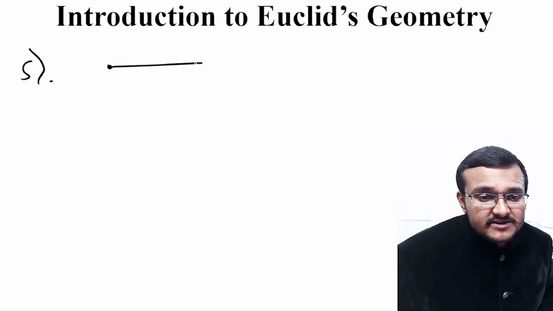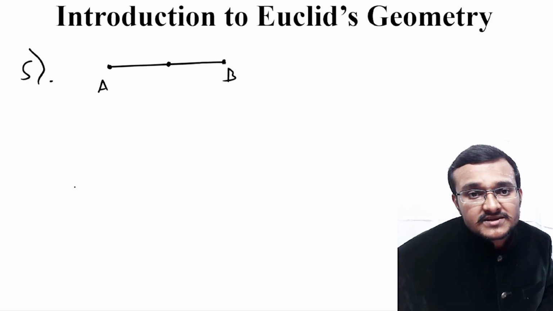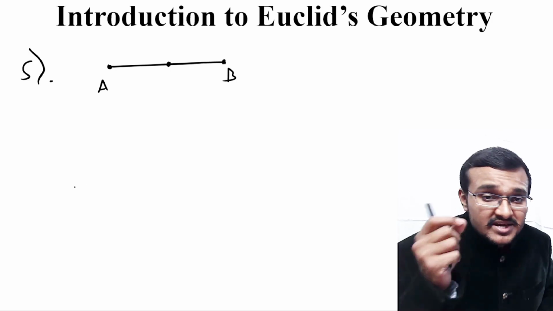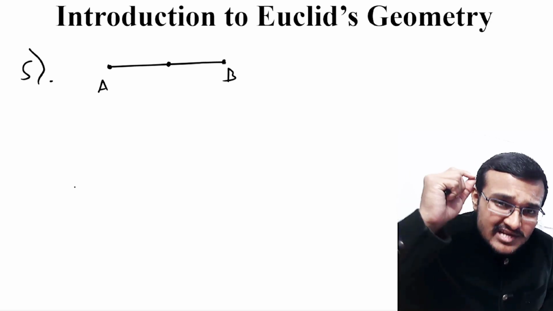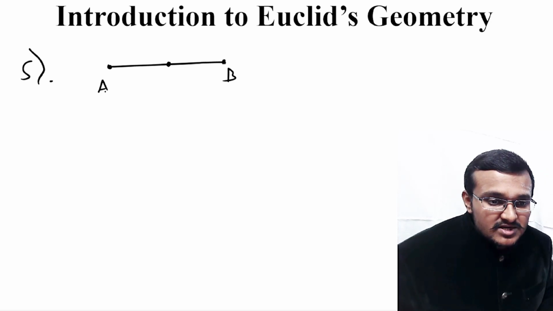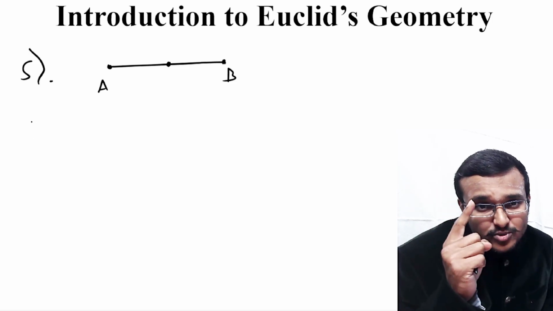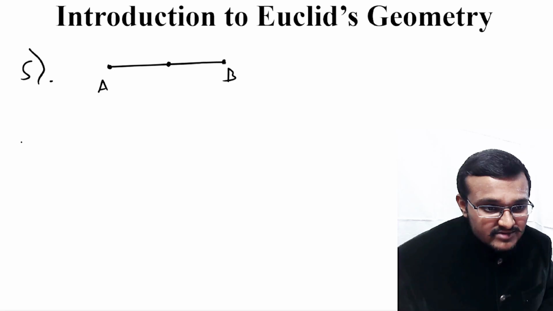So in the fifth question, if you have a straight line from A to B, there is one midpoint for this particular line segment AB. Here you have to prove that there will be only one midpoint for this particular line segment. So in order to prove that, we